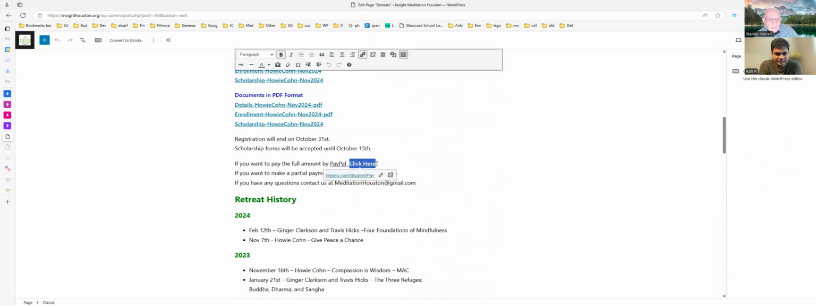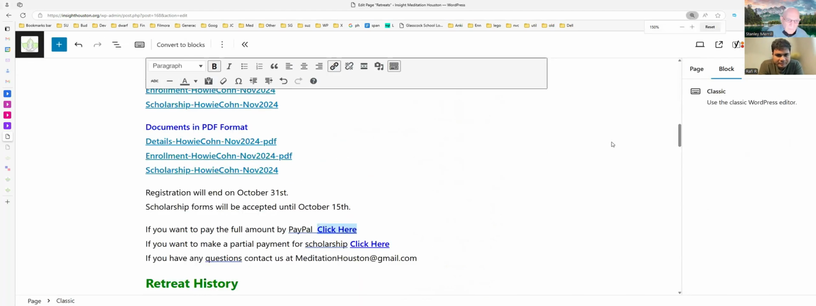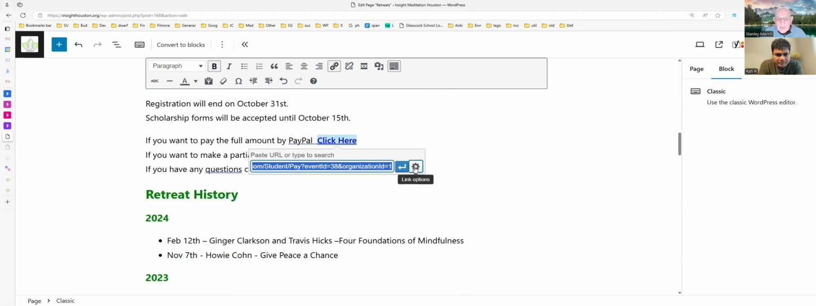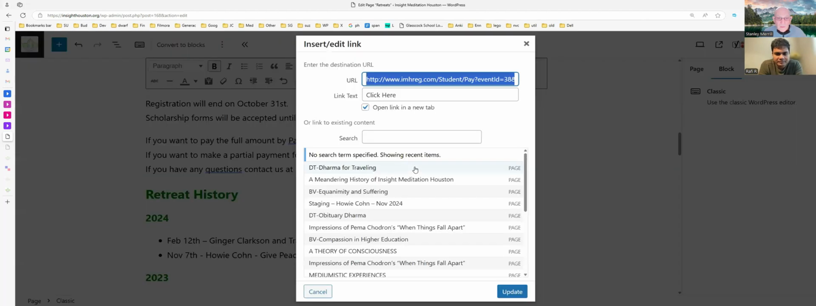If you highlight, click here. Have you ever seen that? There's an edit button. So if I click on that, then it brings up this where I can change the URL. But it also has this gear option. So if you do that, you can put in a new